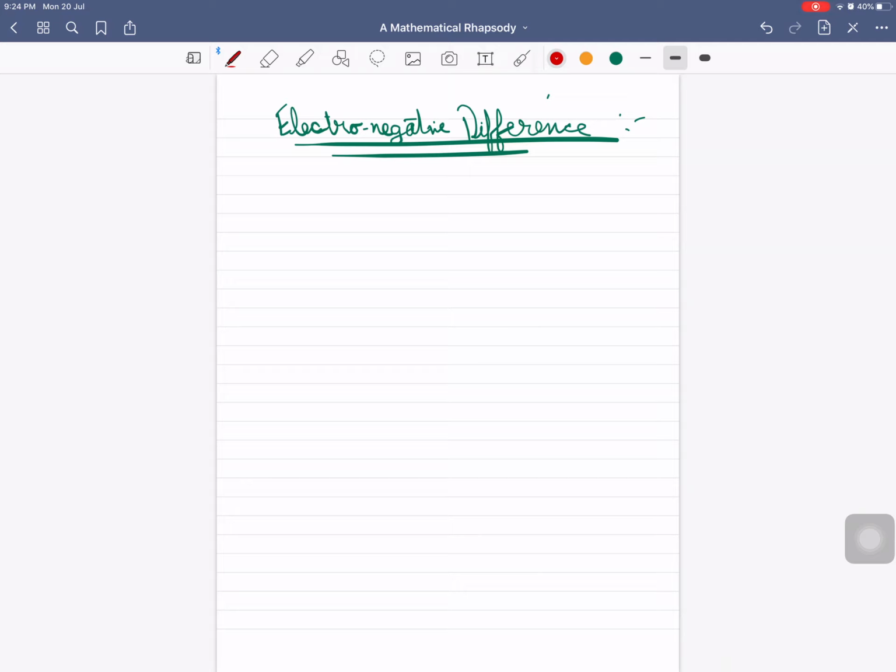For it to be non-polar covalent, it has to be from 0 to 0.5. Non-polar covalent bond. Then starting from 0.5 to 1.7,